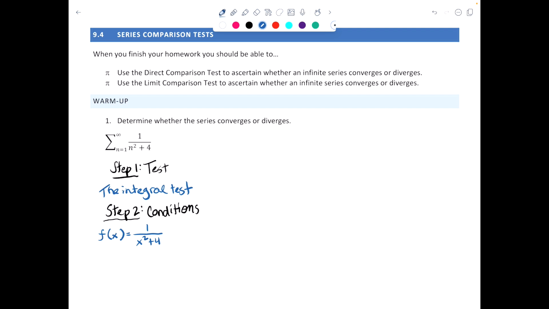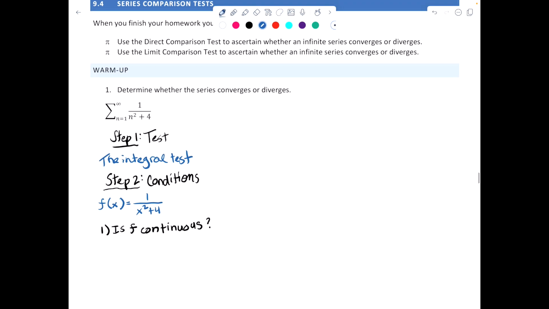then we need to find out a few things. Is f continuous? Well, let's take a look. We are looking at 1 over x squared plus 4, which has no vertical asymptotes and no holes in the graph because it has x squared and then it's adding a positive number. So no vertical asymptotes, no holes in the graph. It's going to be continuous